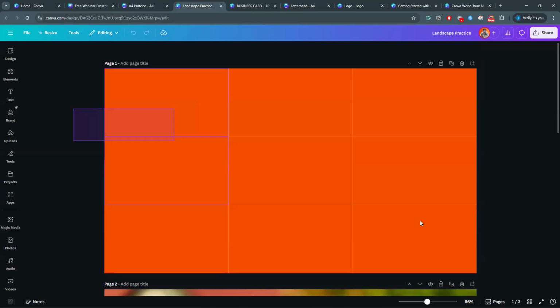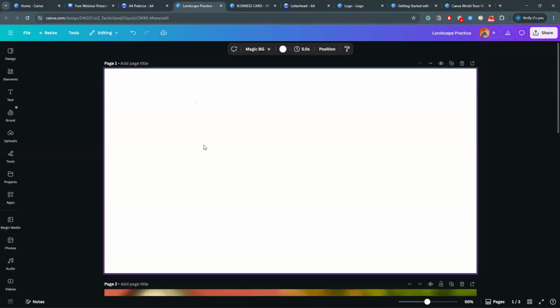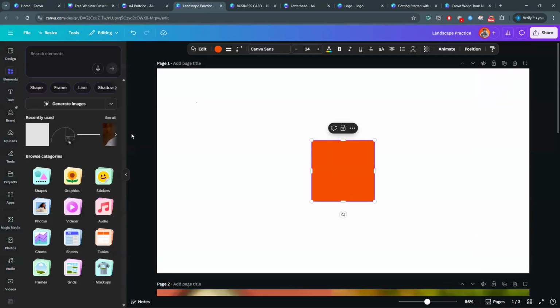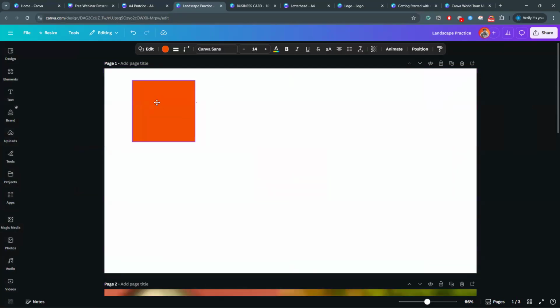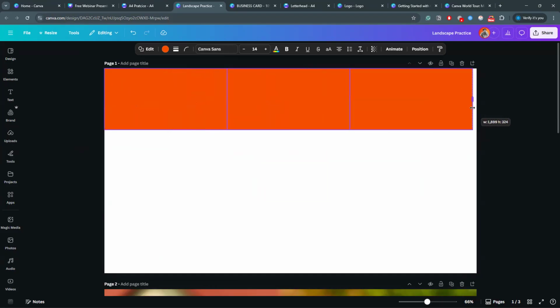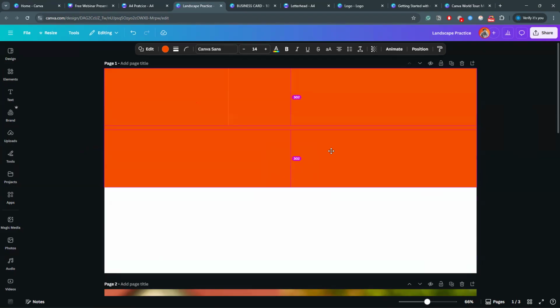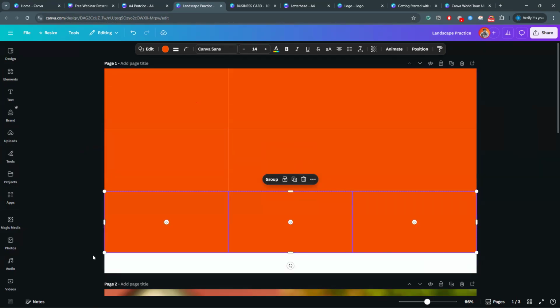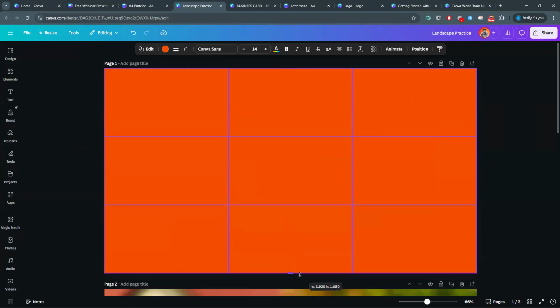Yeah, so I will show you how to create rule of thirds. Is the artboard visible to you? Okay, let's suppose we are taking a rectangle or square. There's a square here, duplicate it, expand it till here. Then duplicate the whole group and expand here, okay? So you can see this intersection, right?